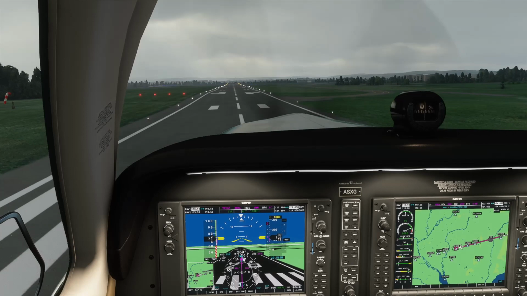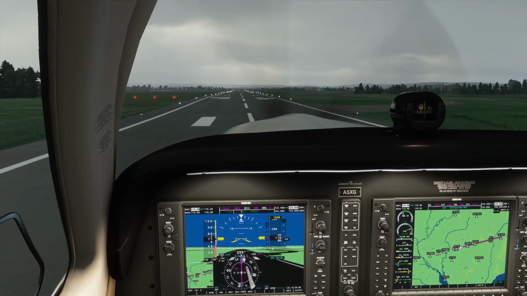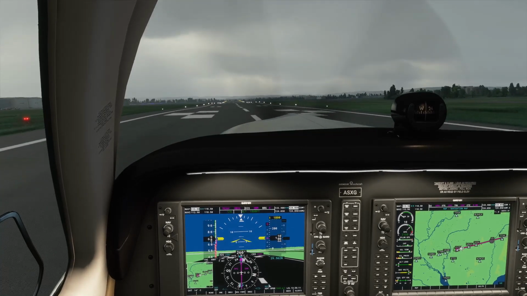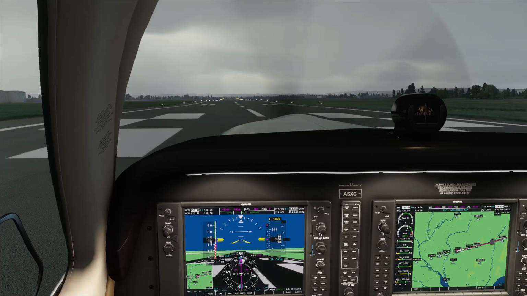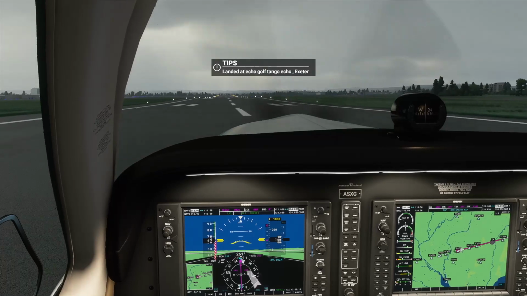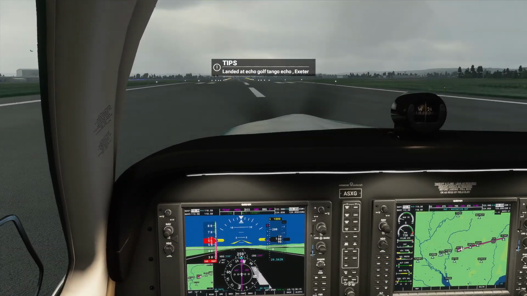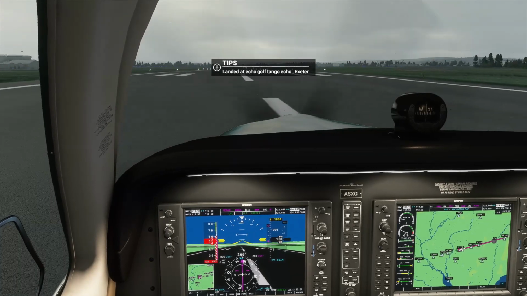Don't want to hit the ground too hard. We don't have any passengers or cargo on board. This is a dead flight for us, so okay, and that off. Landing time. There we go, not bad at all. And feather the prop. Exeter. Okay, prop is feathered,